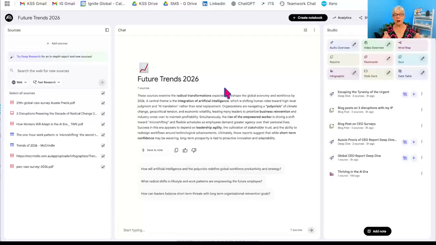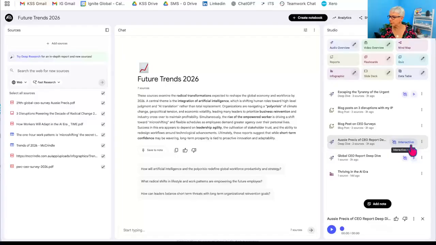So today I uploaded both the PwC Global Report and the Australian report, and I decided that to cater to all different types of learners, I was going to write some blog posts, but also do some audio overviews. And I thought it would be kind of fun to use the Notebook LM audio overview because if you haven't listened to it before, it's two hosts. So here are the audio overviews, and let's